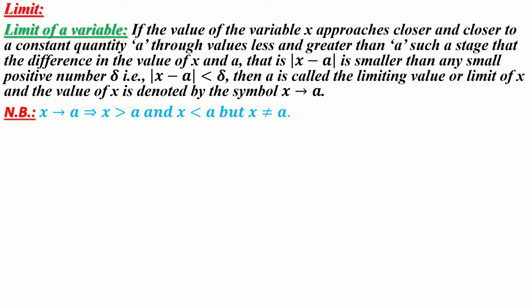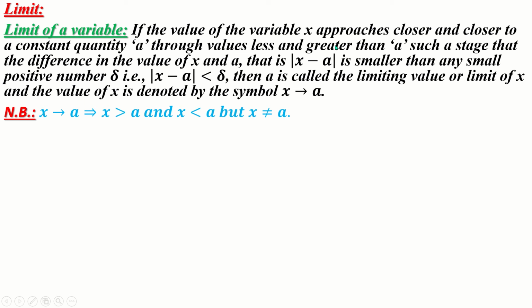And greater means from greater to small. That means when we take x is equal to 2, greater means 2.01 or 2.001 or 2.0001. So from greater to less, greater to less means from greater to the specific value. That means here the specific value is 2, so 2 comes from greater. Clear?